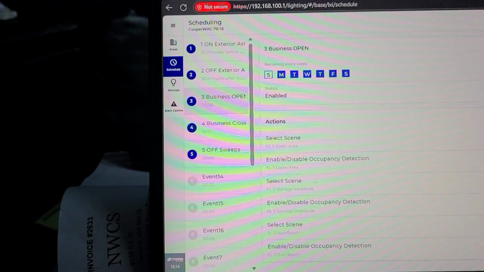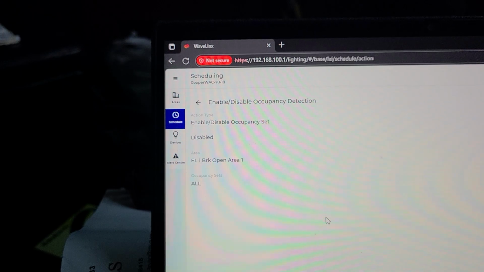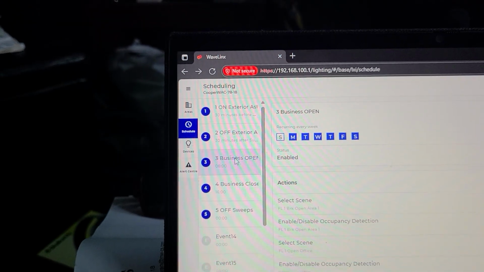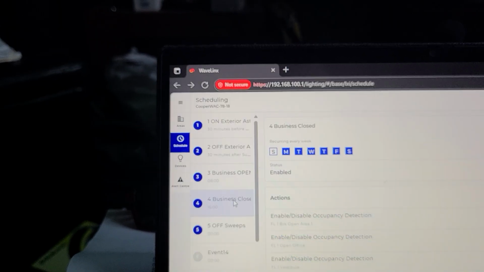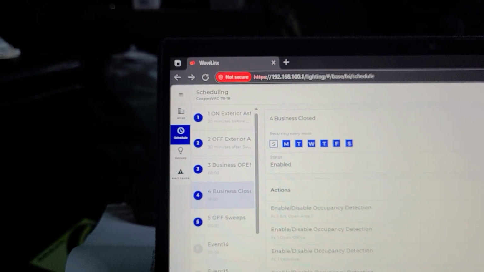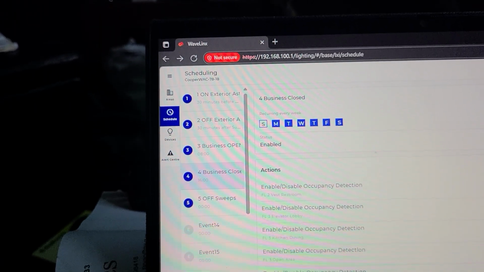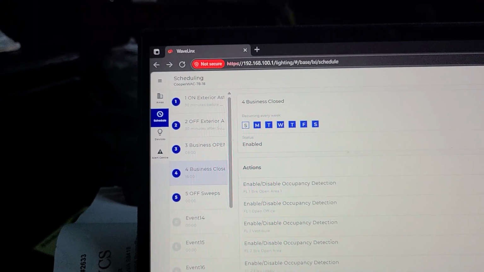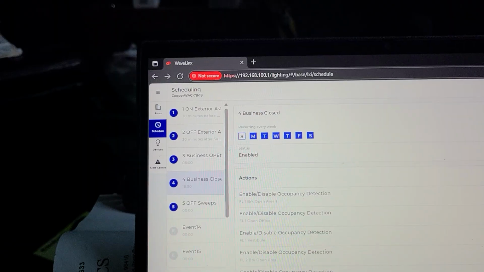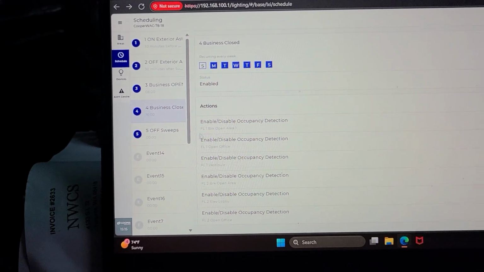All of these spaces are set to turn the lights on to 100% light level and disable their occupancy sensors from 8 a.m. Monday through Saturday until 4 p.m. All of the same areas then have their occupancy sensors re-enabled starting at 4 p.m. Now, in the event that these spaces are not occupied at 4 p.m. or after for the occupancy sensors to take over the spaces and turn the lights off, we also added in